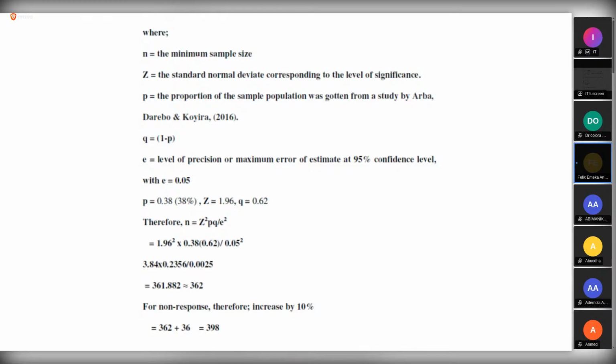So they call it attrition. For cohort studies, you are going to say a 10% attrition. But for cross-sectional study, it's called non-response, because the participant will decide to respond or not to respond. For cohort study, there's nothing like responding or not responding. It's usually lost to follow up, because you're following them over time, and some of them will drop along the wayside. So that's why we use attrition for cohort studies instead of non-response. So I just want you to know the difference.